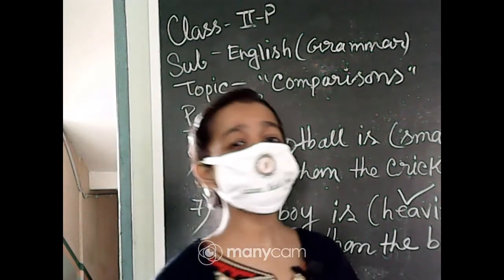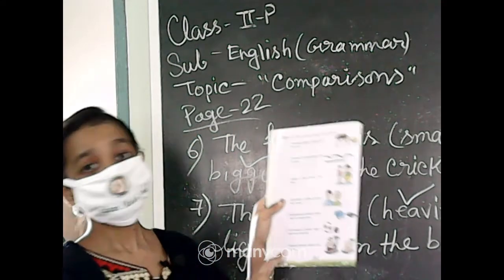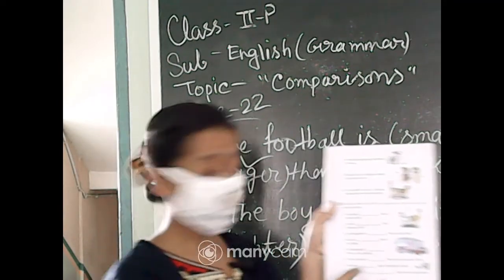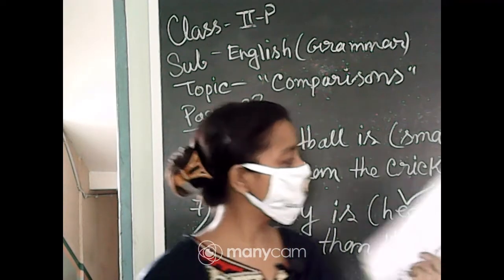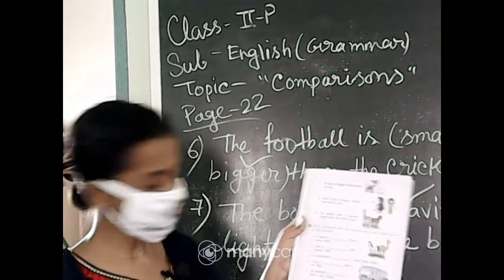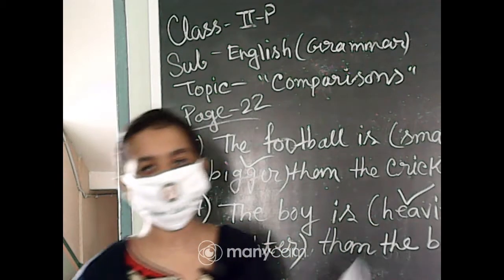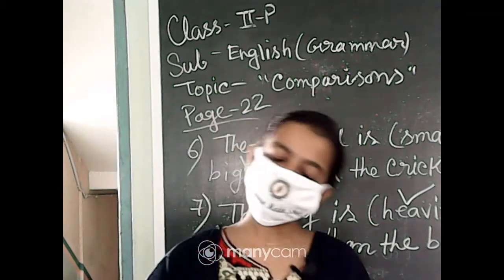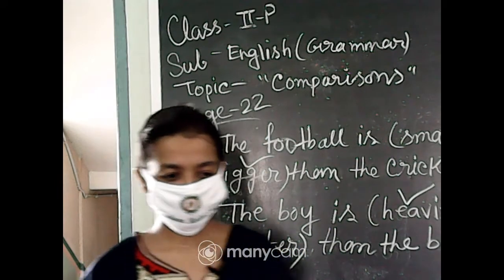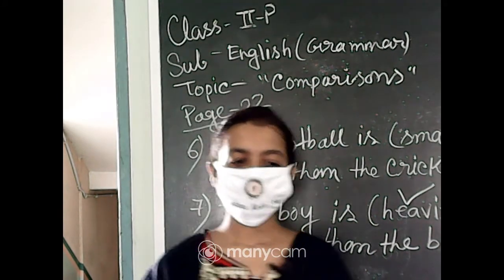So, today I have done page number 22 means up to 7. And the page number 23, that is this part, and of B part number 8, 9, 10 is left. That is what I will do in your next class. So, means page number 23 I will do in your next classes. If you can do this, you can do this at your home, and I will discuss it in your next class. Okay. So, today is up to this. All of you study.